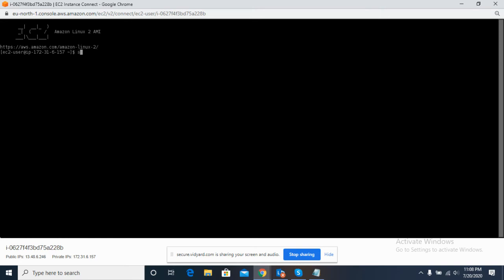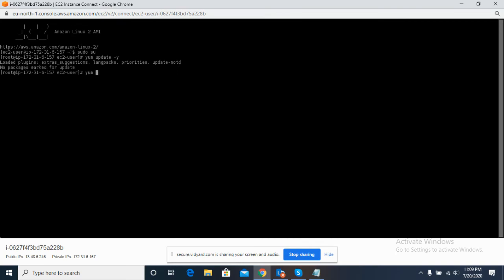So what should I do? Type the command sudo su, because everything we're going to do is as root. Sudo is a command in Linux with which we can do whatever we want. The next command is yum update -y,